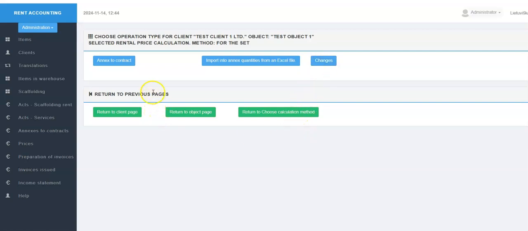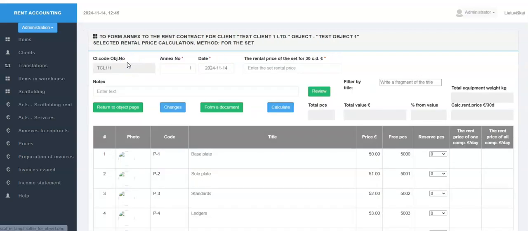We press the Annex to Contract button and open the page where we can make a reservation of scaffolding components for the selected client object and create an Excel format document. Fields in which data must be recorded by the program or entered or corrected by the user are marked with a red asterisk.